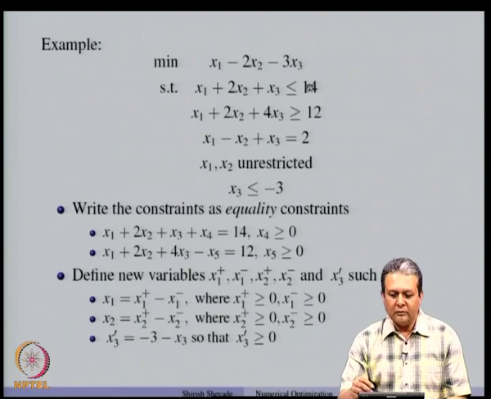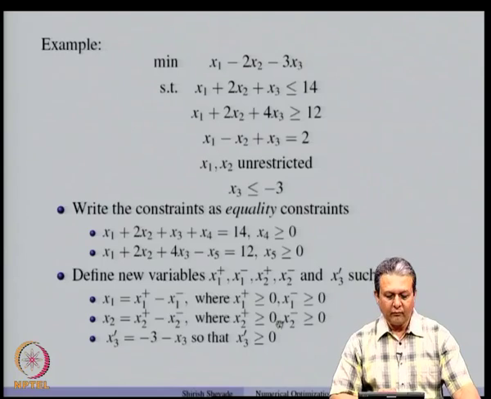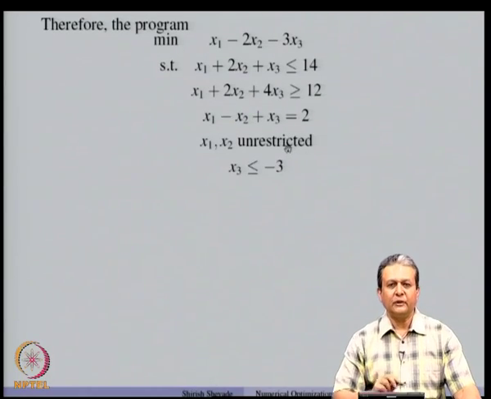So, these two constraints are written in the form of equality constraints. This constraint anyway is an equality constraint, so we do not have to worry about it. And then the two variables x1, x2 we converted using some extra variables which are non-negative in nature, and the variable x3 was transformed to x3 dash, which is also non-negative. So, we have equality constraints and all the variables are non-negative, and therefore, the program which was given to us